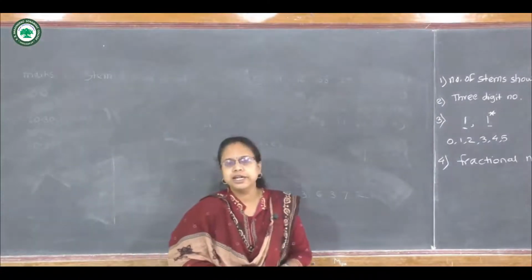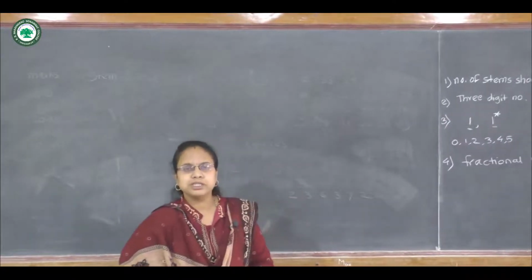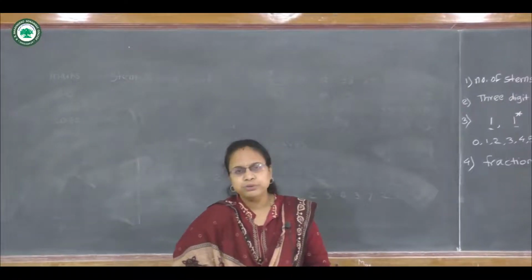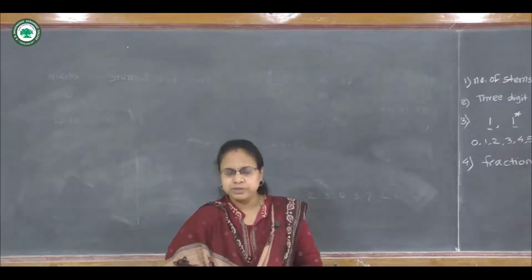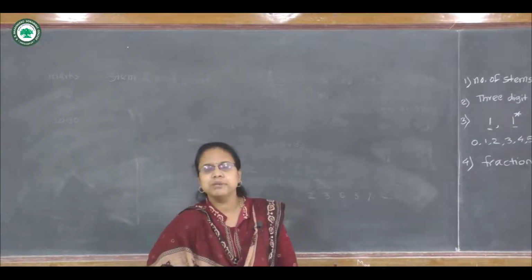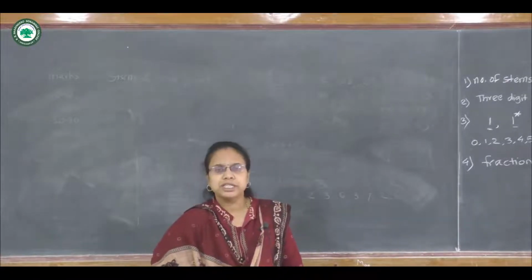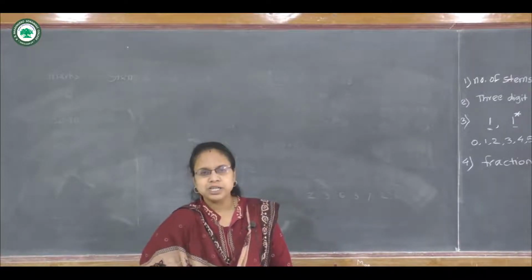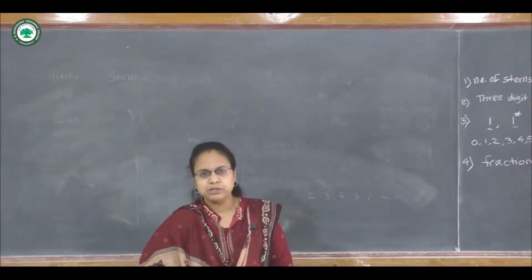So here we have studied graphs, that is, the representation of data statistically from graphs. Under that we have seen how to draw the histogram, frequency curves, frequency polygon, as well as ogive curves, which have two types, the less than cumulative frequency curve and the greater than cumulative frequency distribution curve. These are the ogive curves. And finally we have seen the stem and leaf chart. So these are some graphs for your syllabus, and we can see some advantages and limitations of these graphs.